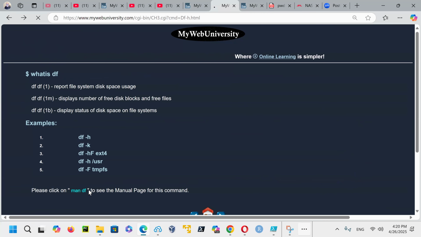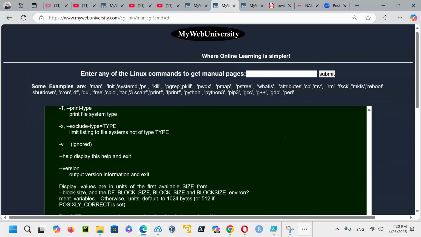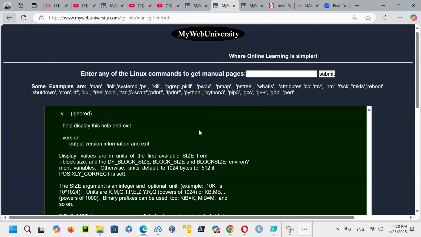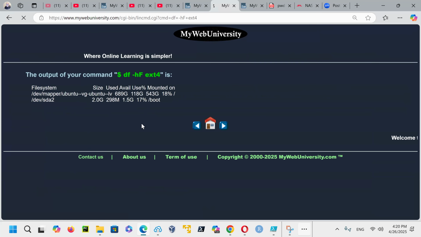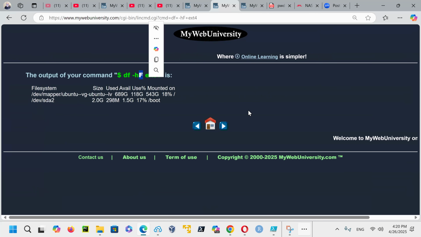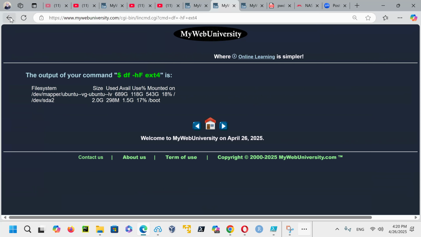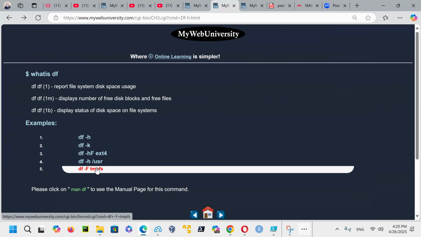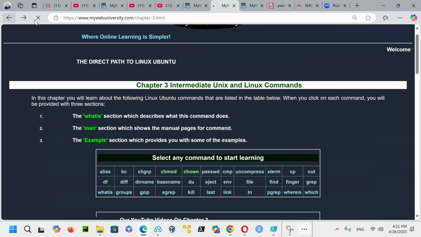So here again, man df command shows you the df-related options, and you can go here and read all the options and arguments. But if you say, well, this is cool, I can do df -hF. This F means file system. By giving a file system type, ext4, it is only going to display ext4 file systems. These two are ext4 file systems. And if you see tmpfs, these are tmpfs file systems. So you can learn those commands.